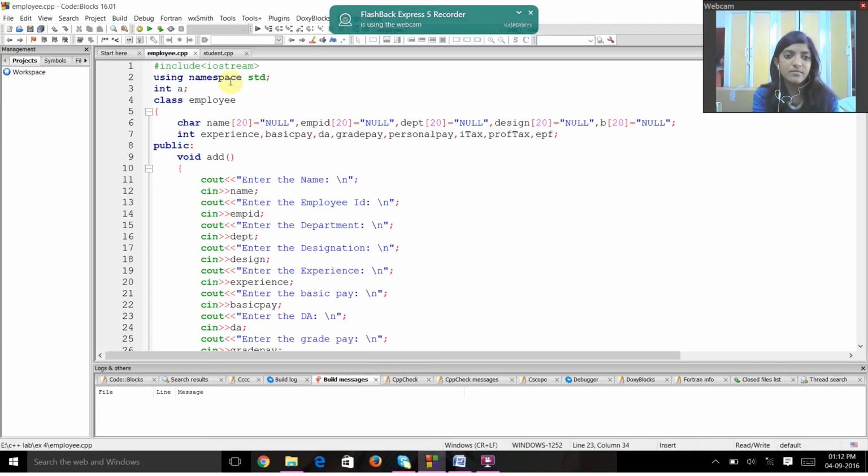So now first I am putting #include <iostream>. So now this enables the data transfer between cout and cin statements, and then after that I am declaring a global variable int a, and then I am creating a class. So inside the class named employee, I am giving first the member variables. So now name, employee ID, department, designation belong to the type char, and now here I am using b = NULL. This is to assign the deleted data as null,